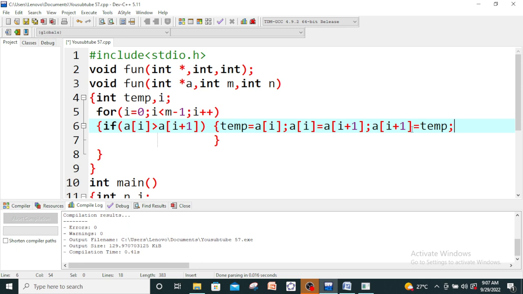Now I have shown in the beginning that if you have gone from the first pair to the last pair, thereafter you have to take an array of size n minus 1. You have to keep the last element undisturbed. So for the next time the array size will be 1 less than the previous one. So in this way array size will reduce